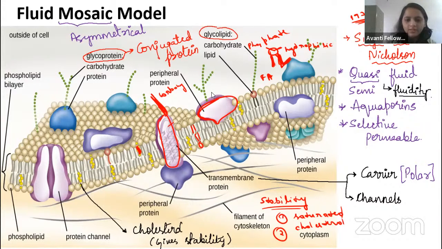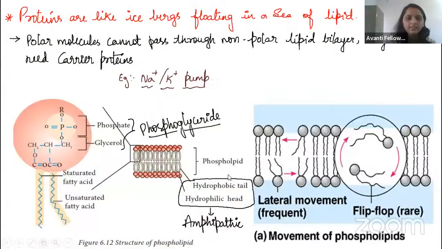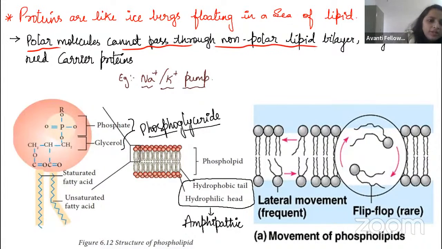Fine. So now let us go to the protein. I told you in the beginning that the proteins are like icebergs in the sea of lipid. And I have told you that polar molecules cannot pass through the non-polar lipid bilayer, so they need the carrier proteins, right, guys? So now the example. So here the example is the